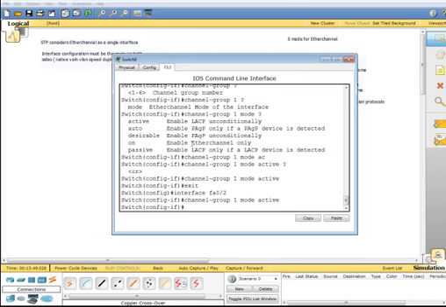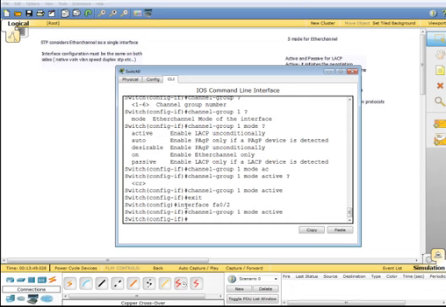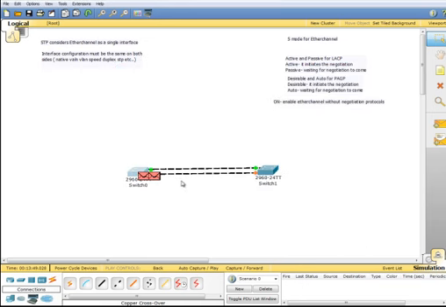But one thing I would like to let you know about is what I forgot is you have to configure the interface as a trunk. Otherwise, the interchannel may give you problem. So this port up here need to be configured as trunk. They need to be configured as trunk. So